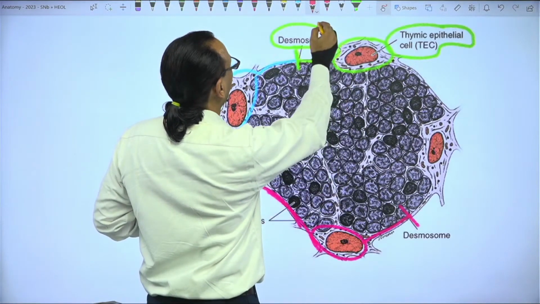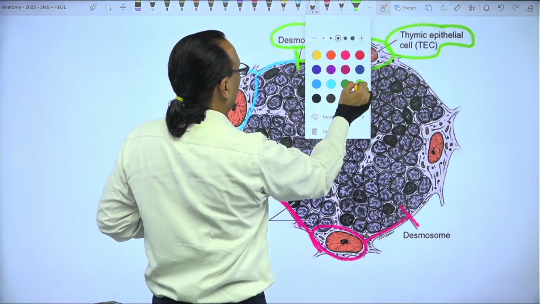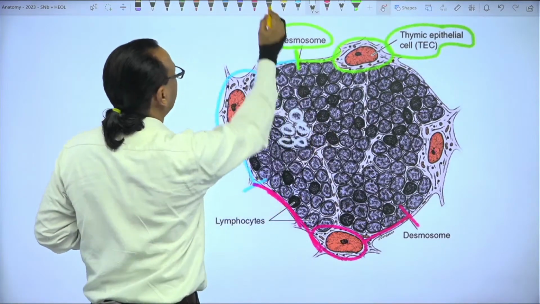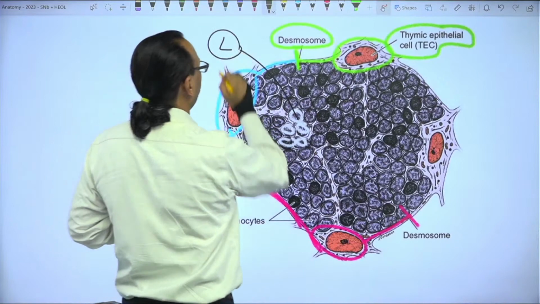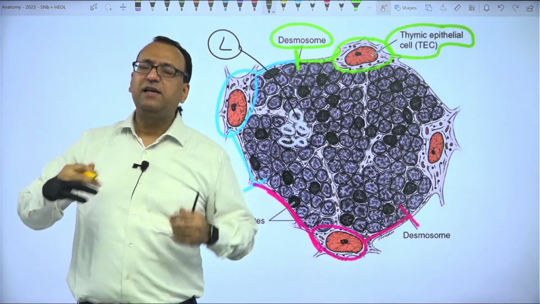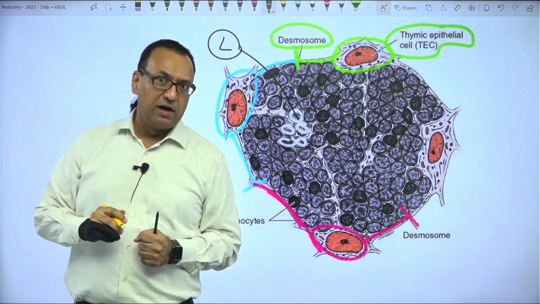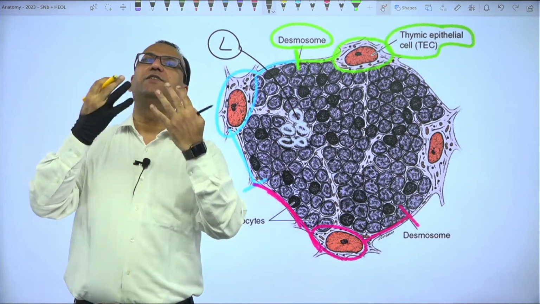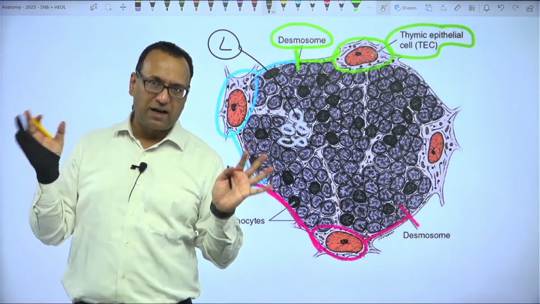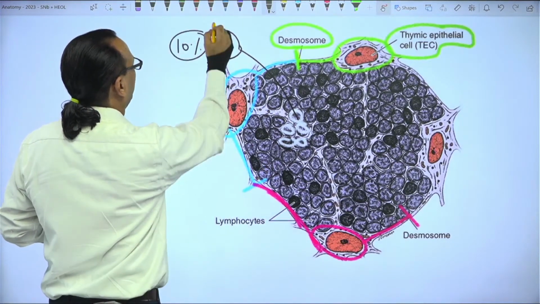They are surrounding them so tightly. The thymus has one purpose. And what is the purpose of the thymus? These are the lymphocytes. So the purpose of the thymus is to train the lymphocytes, and it is a very meticulous and disciplined trainer, so much so that of the cells which reach the thymus, 90% of them die during training. Only 10% survive. So those 10% lymphocytes which survive are given the name